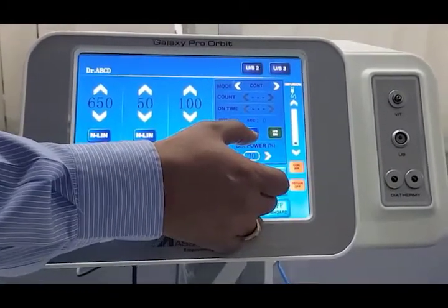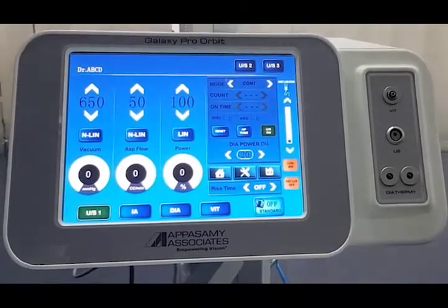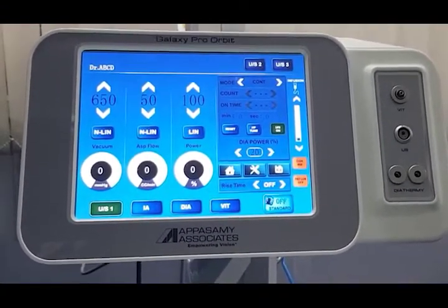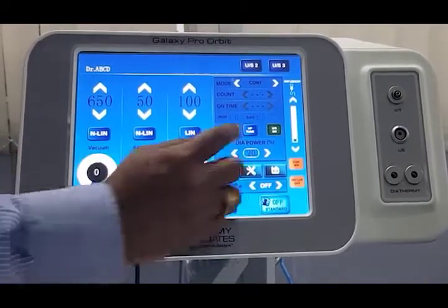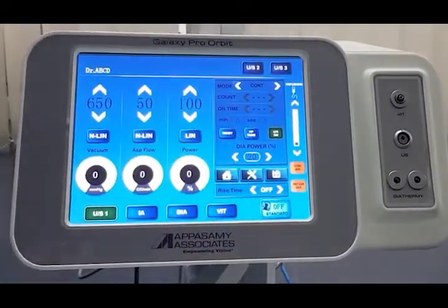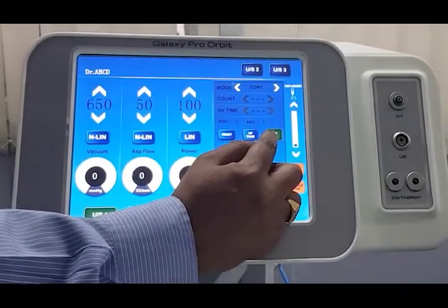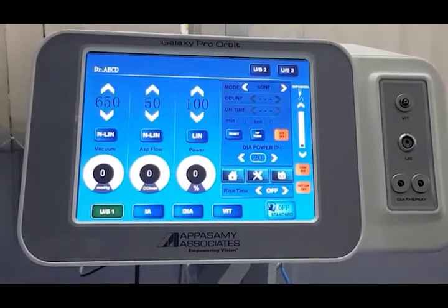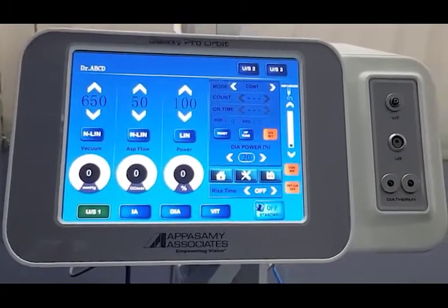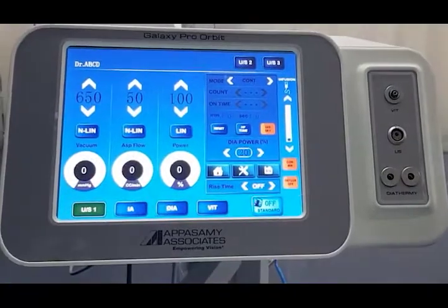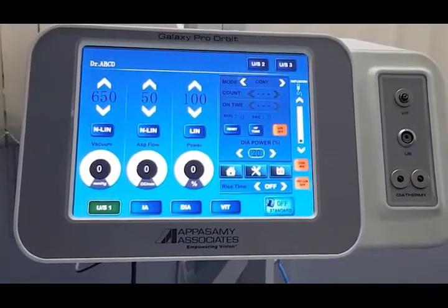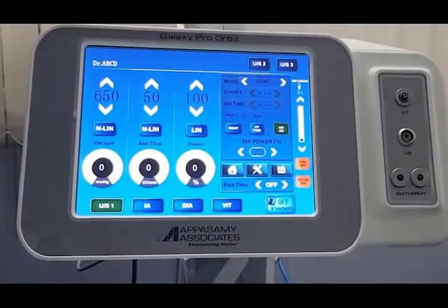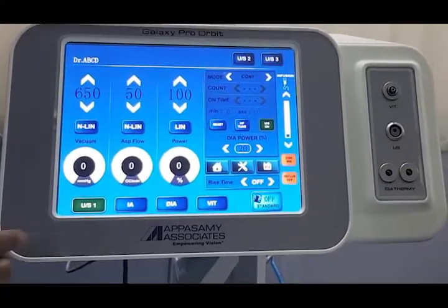This one is the handpiece tuning. When you change the handpiece tip, if you don't want to prime entirely and want only tuning, you can use this button so that only tuning will be done. And then there is the US on or US off key. If you don't want any ultrasound energy accidentally, when you make it off, even when you go to the third step of the foot pedal, there won't be any ultrasonic energy. When you make it on, then you can get the ultrasound energy.